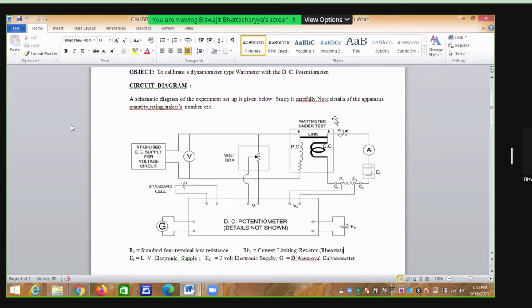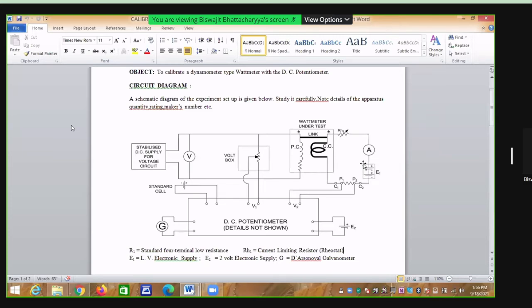Then we remove the link, so without link for 20 watt. Again for 40 watt, we change the rheostat and bring it to 40 watt. Then with link and without link, we measure V1 and V2 and find out the error. Again we change the rheostat and set the wattmeter to show 60 watt, 20, 40, 60 this way, and again with link and without link. This way it goes up to 100 watt. Every reading will be with link and without link. And finally there will be two sets of error for every reading.